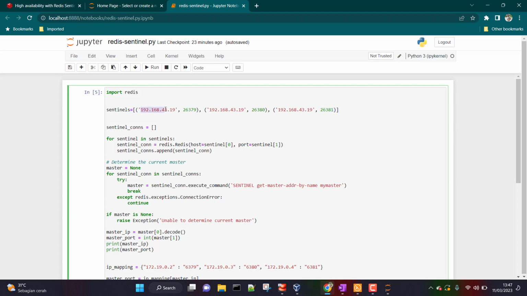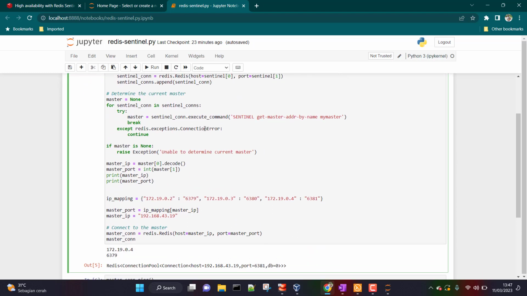However, this public IP is going to be same because eventually I have created all these Docker nodes on a single server. Okay, so what I'm trying to do here is I'm trying to connect to the host server on which we have created the Docker containers, and then I'm asking this host server to connect me on this port. Okay, so this port is basically responsible for, you can say, Sentinel 1. Okay, now we are going to run it,